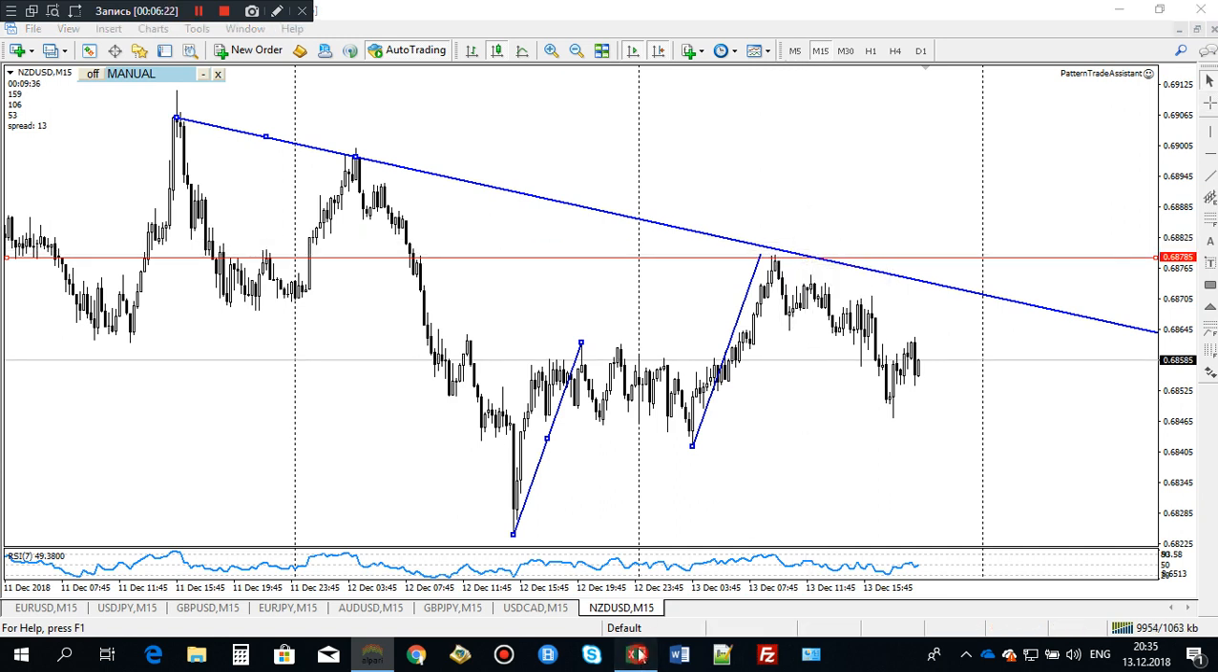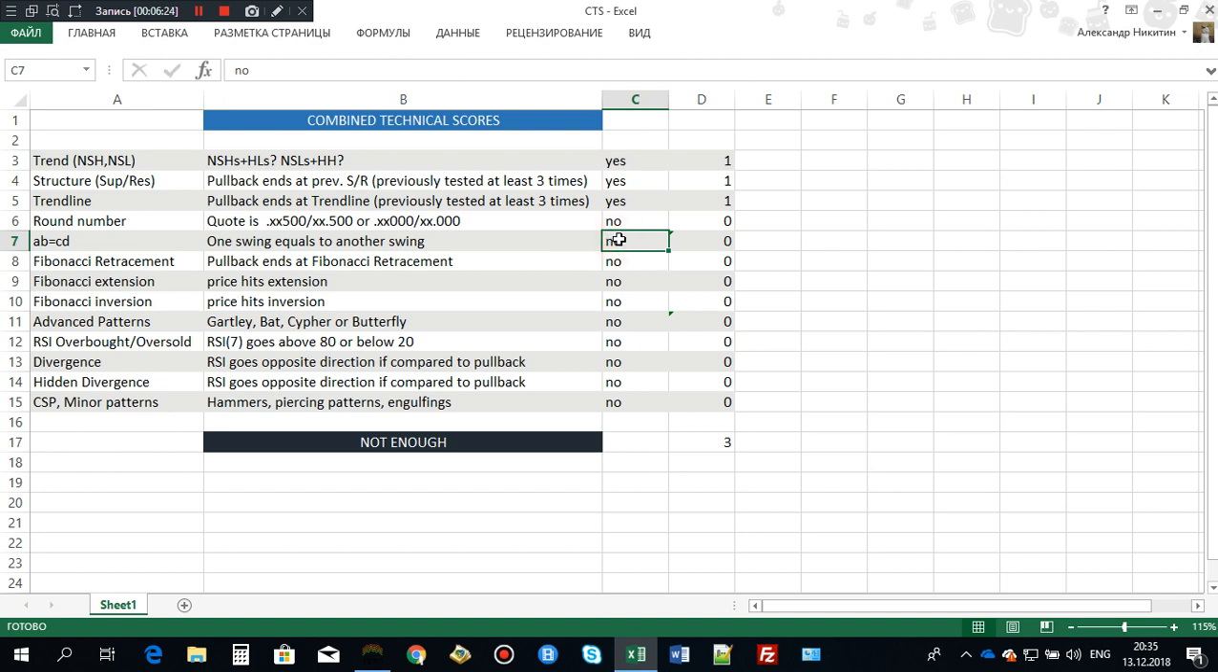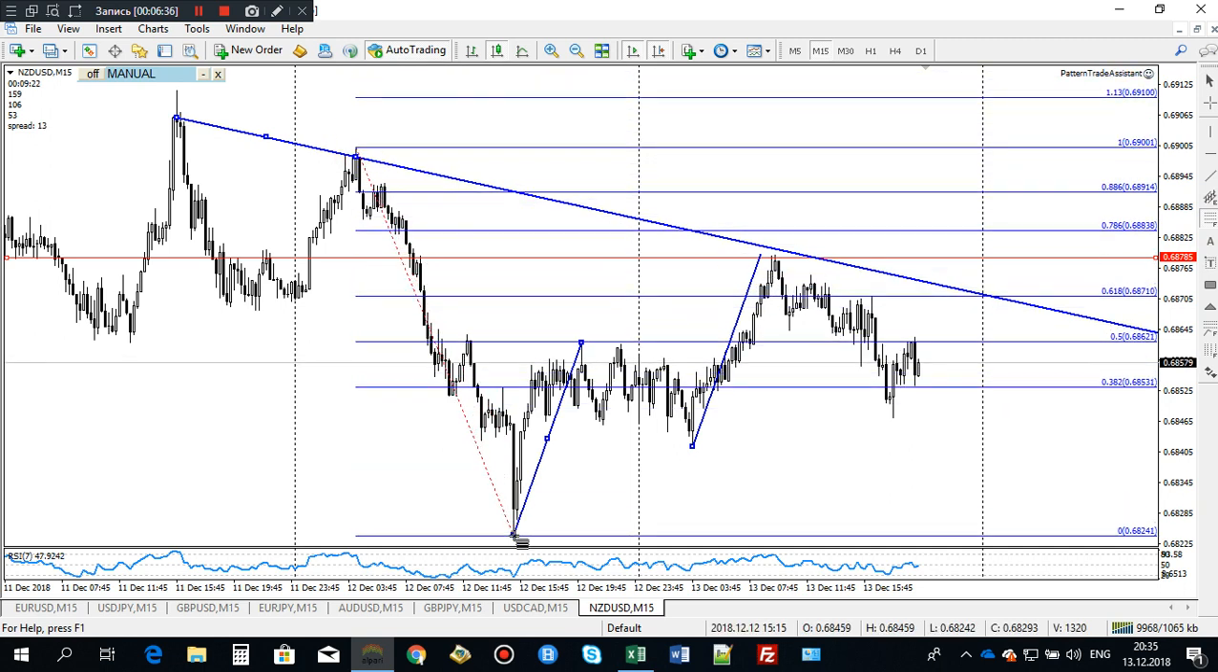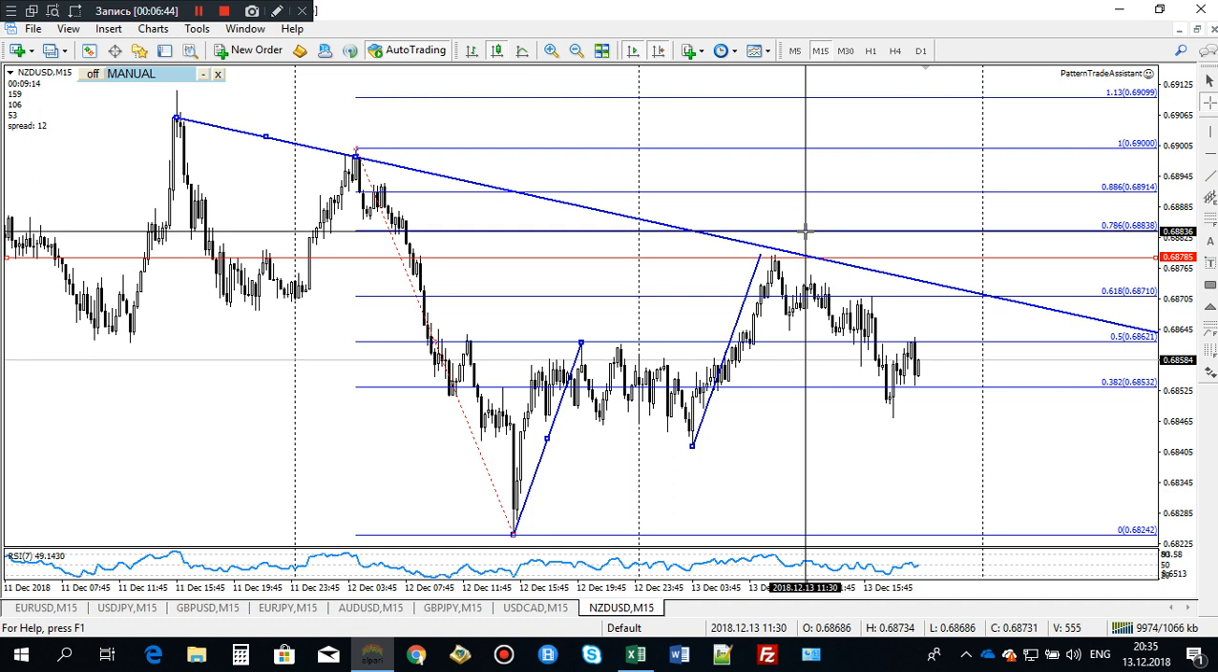Okay, we have an ABCD. ABCD is a powerful thing, that's why it gives us 2. Then we should measure Fibonacci retracement, and there are a bunch of retracements here. If I measure it from here to here, then I will see that we have a 786 and we have a 61.8. Neither of these levels fits my scheme, and moreover, if I will draw a pattern, I'm